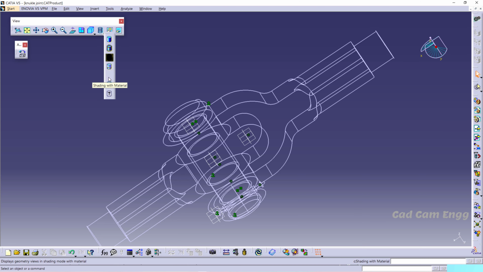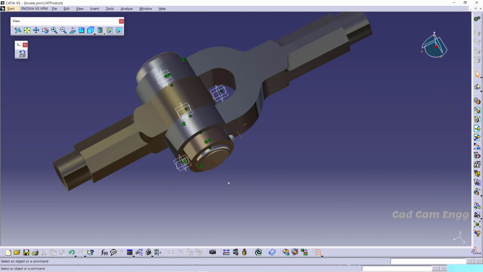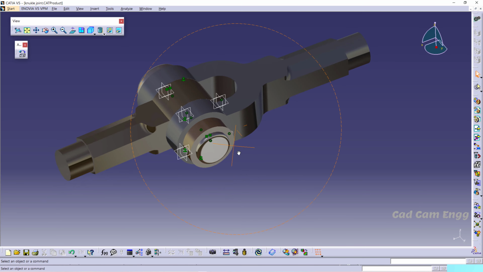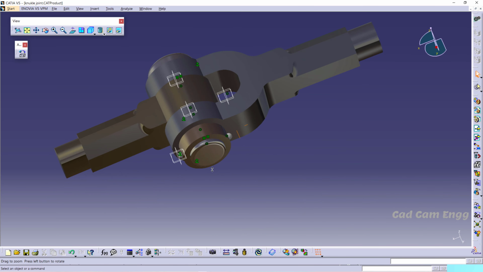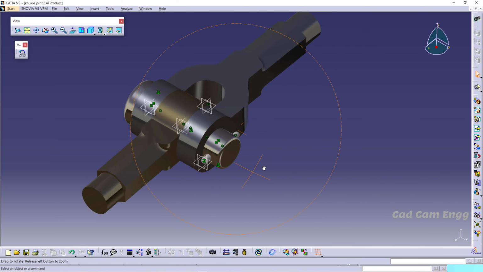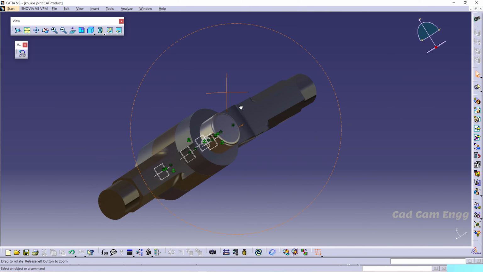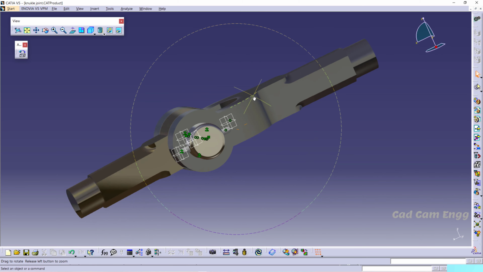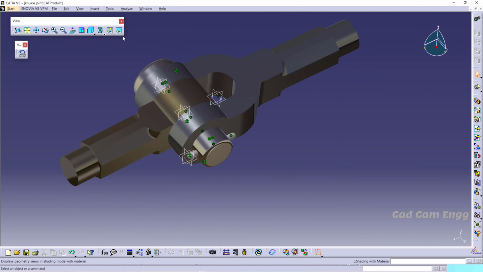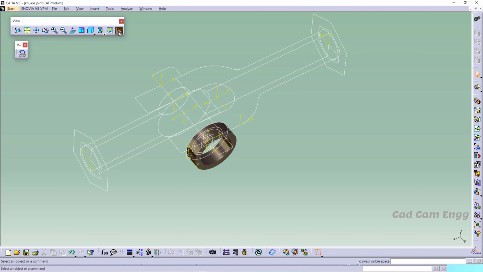And then we are going back to material, and from here I am going to hide one object. Okay, hide one part of this. Okay, I am going to hide this part, hide, and the part is not showing here now. Okay, one option is available to see it. From that option we can see the hidden objects, only the hidden objects. Swap visible space. Okay, swap visible space enables us to see the hidden parts, only the hidden parts. Okay, this part is hidden, and these lines are all hidden lines only.